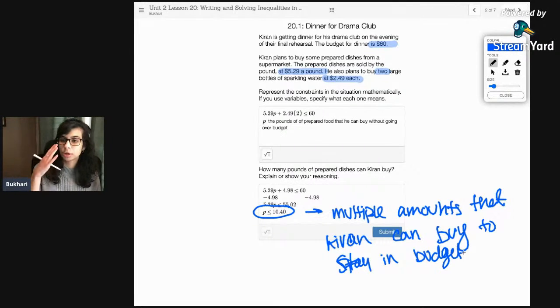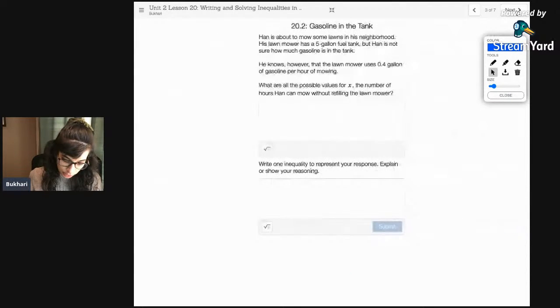Right, so there are multiple amounts that he can buy. He can buy 2 pounds, he can buy 4 pounds, he can buy 7 pounds, and he will still remain in budget. So moving forward, in the next activity, you are taking a look at the gasoline tank and